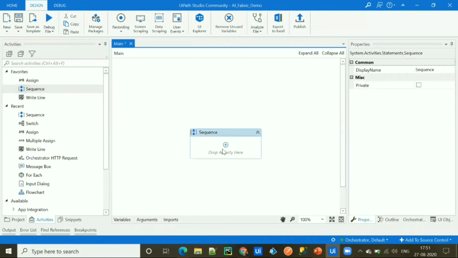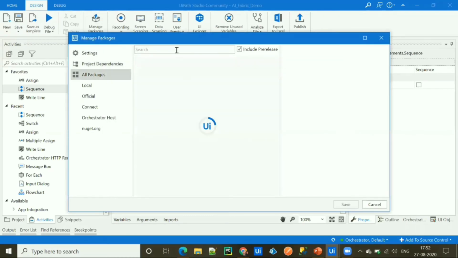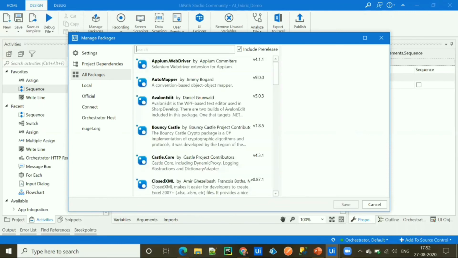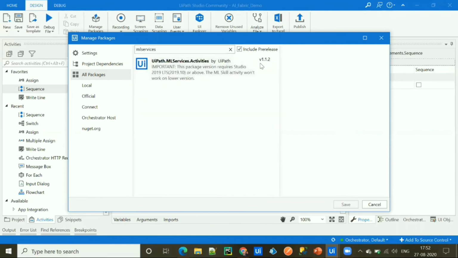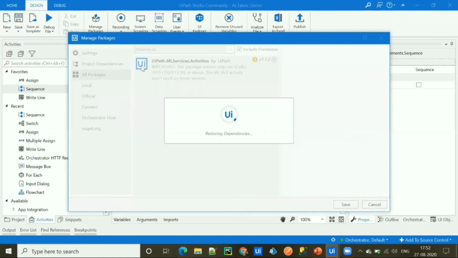Drag one sequence. And to call the ML skill in our workflow, first we need to install the packages related to ML skill. To do that, we can go to manage packages, all packages, search ML services, and this package you need to install, then click on save.